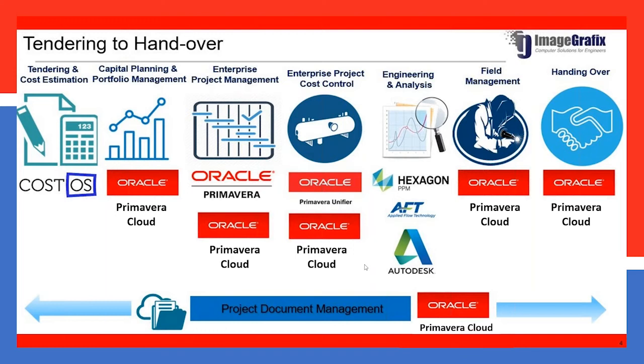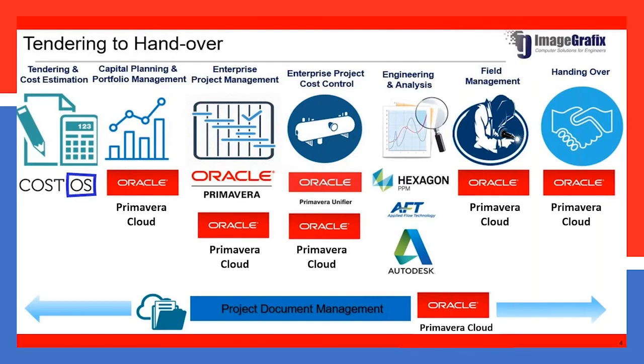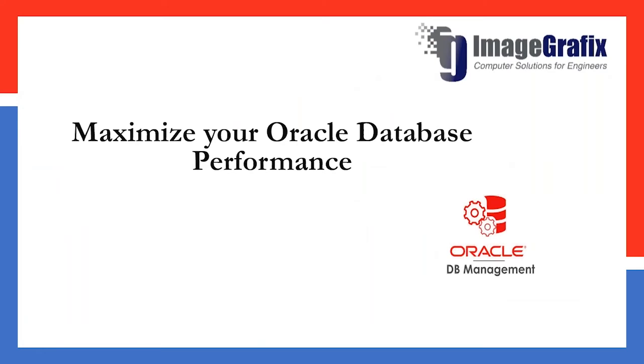So obviously, the current topic is Oracle database. Oracle database is a backend tool for whatever applications you use in the front end, either a construction project or any of the industries you are focusing on. Oracle database is predominantly used as a backend tool to store all the information and to fetch it and create proper reporting. On today's topic, we are going to see maximizing your performance on Oracle database. My team is going to take over from here.